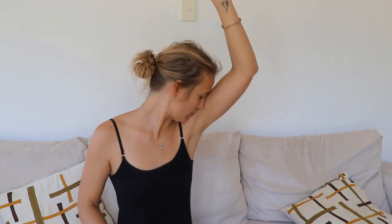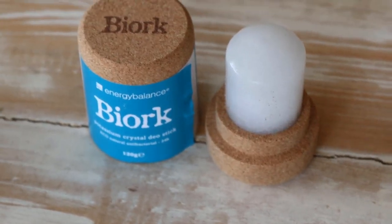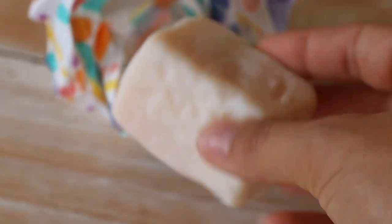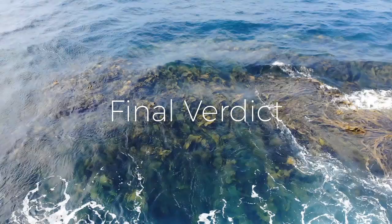So just for your information, it is really hot in Australia. Right now it's about 27 degrees and I don't use air conditioning or anything like that. And I would say some of my sweat is definitely coming through, but it isn't a very strong or, you know, angry reaction. This one still feels very neutral, so I'm not smelling much at all, while this one does have that pleasant smell. So after 4 hours, again, this is just no smell and this is a pleasant smell. So maybe it just depends on